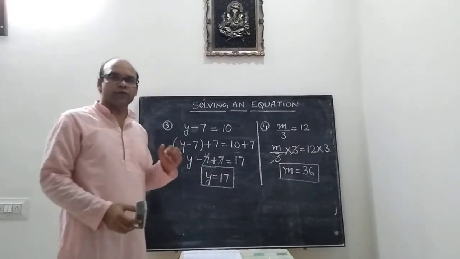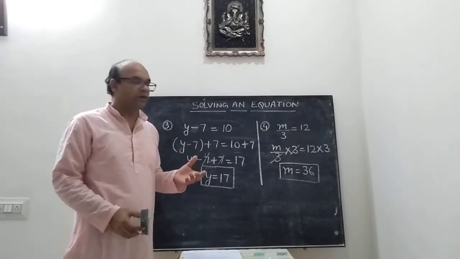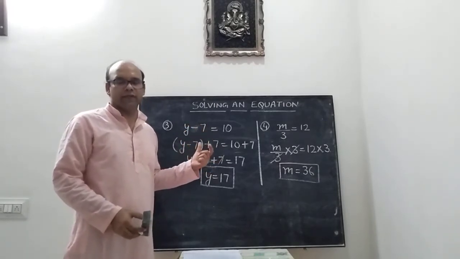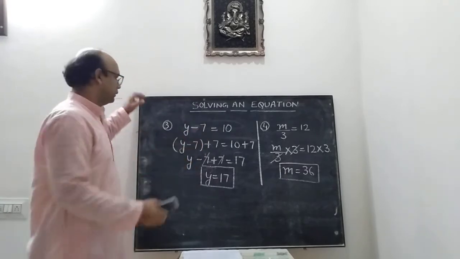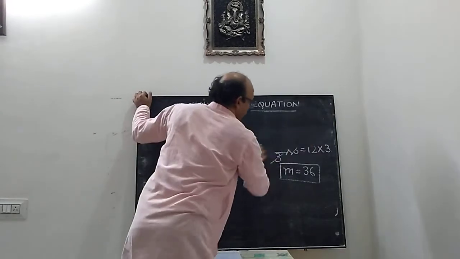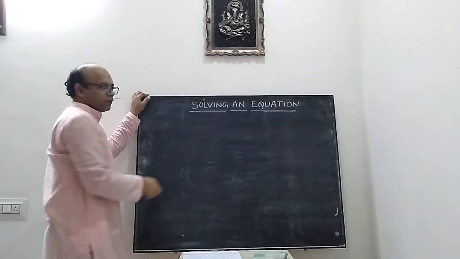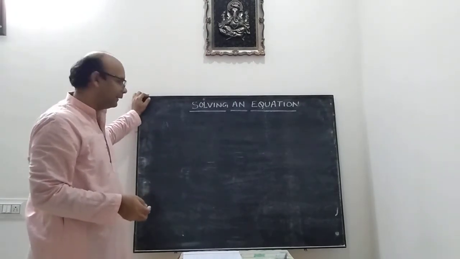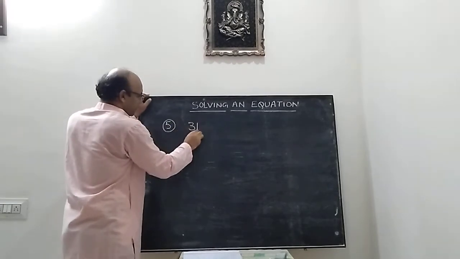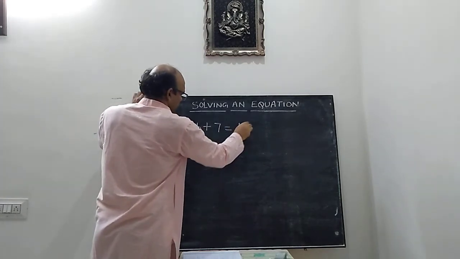Now we move on to those examples where more than one mathematical operation has been performed on a certain variable or on a particular side of the equation, so that we can find the solution by doing more than one mathematical operation and applying more than one of the rules that we discussed earlier. So we move on to the case, suppose we have 3p plus 7 is equal to, say, 10.